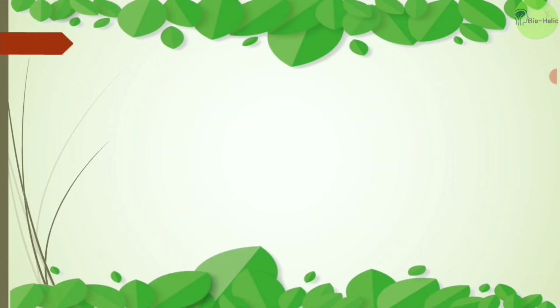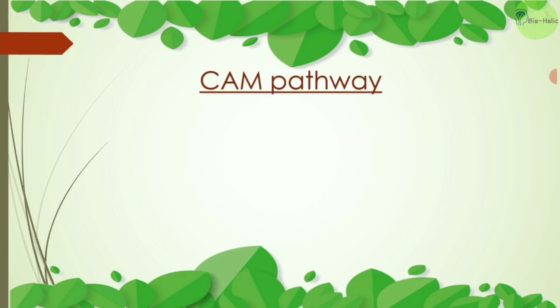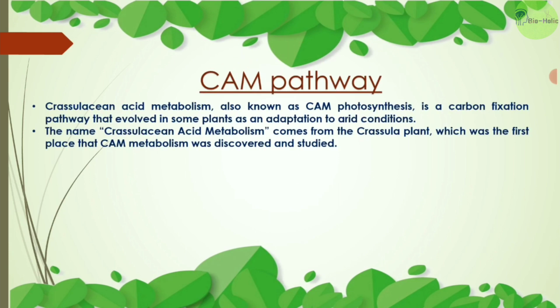Now moving on to another important part, that is the CAM pathway. The full form of CAM is Crassulacean acid metabolism. This is another type of carbon fixation pathway that evolved in some plants as an adaptation to arid conditions, more specifically of the desert plants. The name Crassulacean acid metabolism comes from the Crassula plant, which was the first place that CAM metabolism was discovered